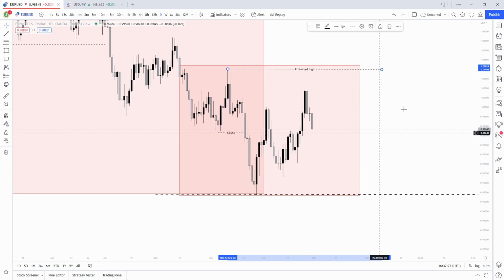Now at this point, we understand that this low here is still our target, because we know that in order for price to continue the downtrend we have identified and to continue this single cycle we have identified, we want a new lower low in the market. So what we can expect is that price is going to trade down through that level to exceed that low